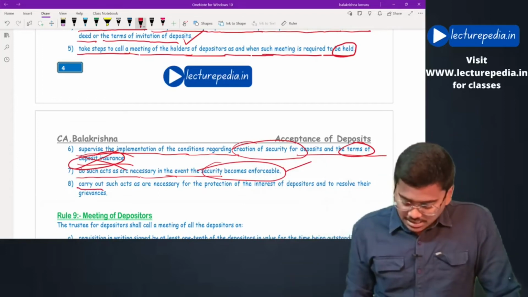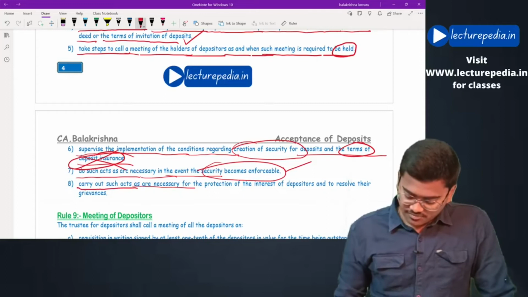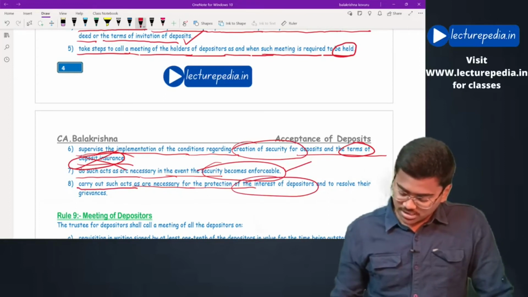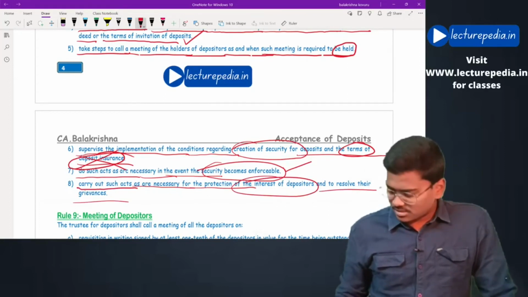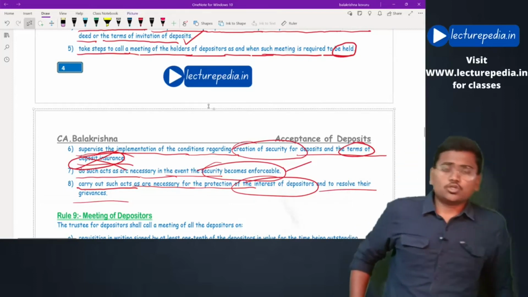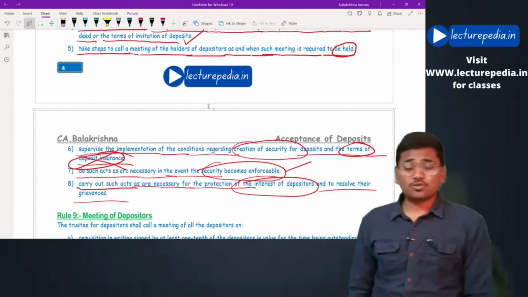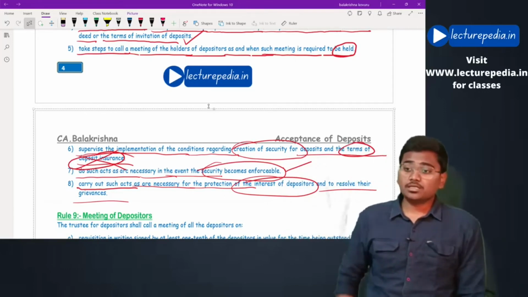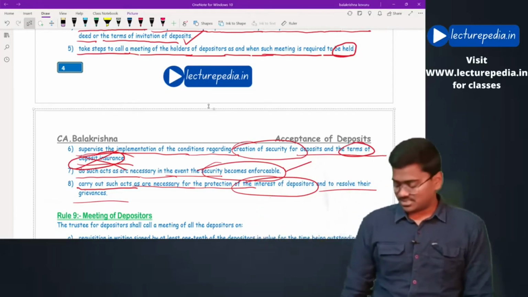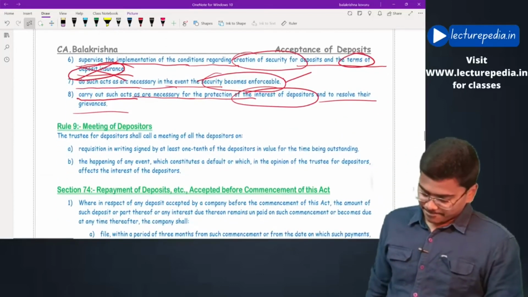Next, carry out such acts as are necessary for the protection of interest of depositors and to resolve their grievances. The trustee should also take measures to protect the interest of deposit holders and to resolve their grievances. Hope this is clear. Next,